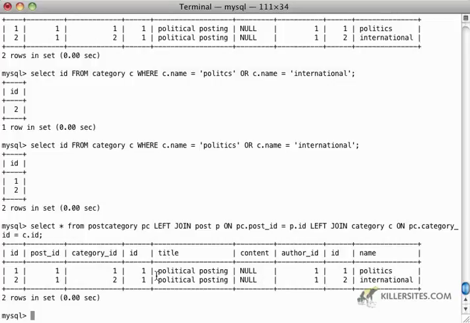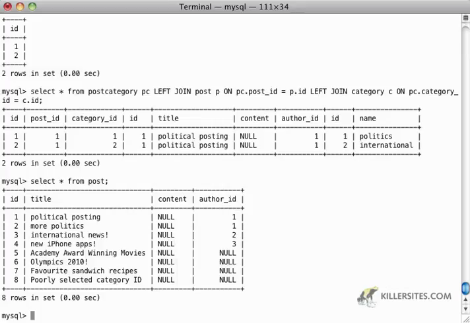So in this case I'm getting a duplicate title for a political posting because I've got two category names for it. If I wanted to get all of the categories for a political posting, I would probably start by saying select star from post, and I would get all the posts, and then I'd say, oh, okay, there's a political posting with an ID of 1. And then from there I would say, okay, select star from category, where ID is equal to,